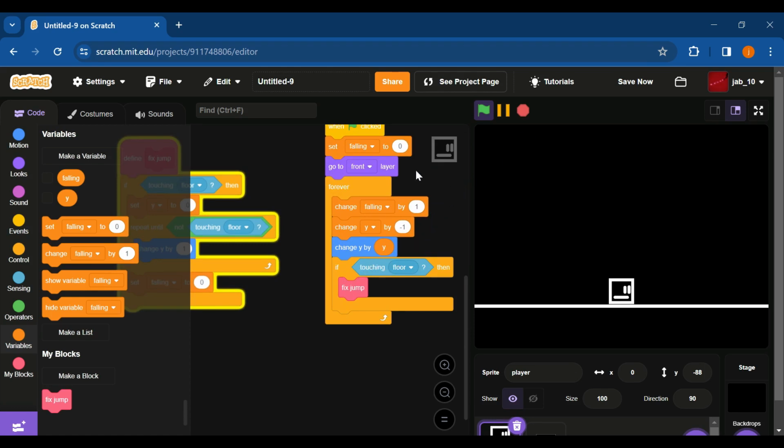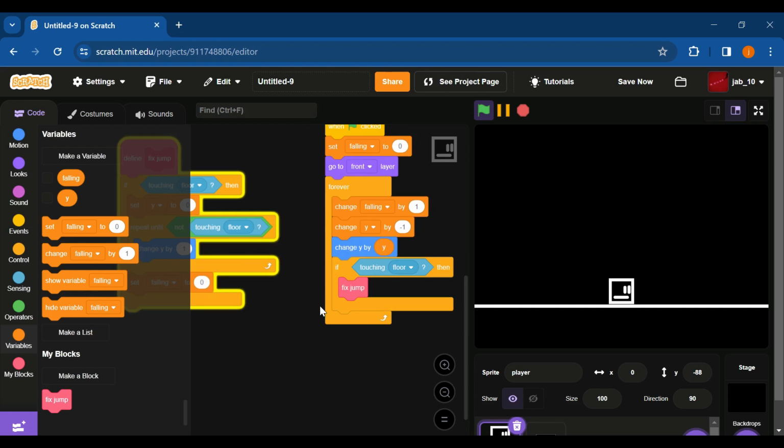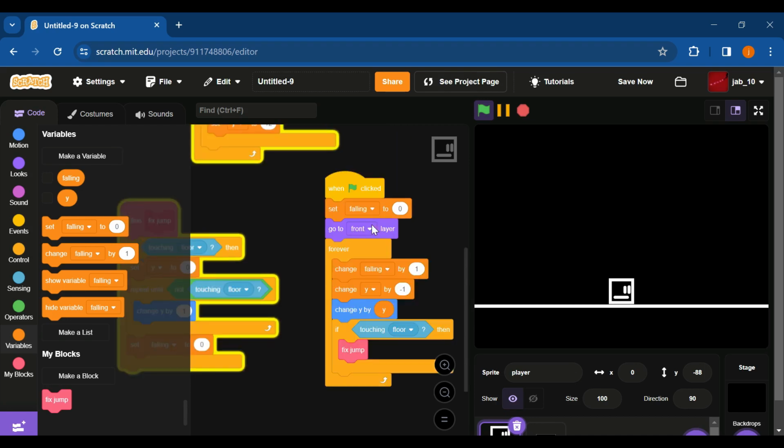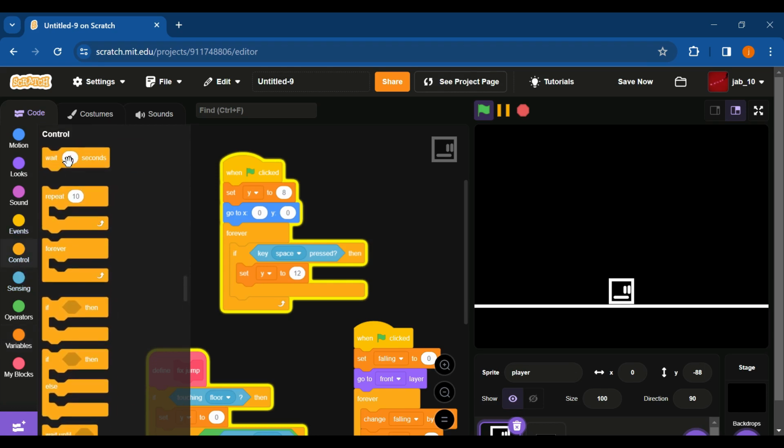The reason why is because every time Scratch loops through the code, the last thing that has happened is the player touching the floor. And so if it's after, then that will be the last thing showing. If you need more info, I'll talk about it later at the end of the video. Anyways, we are going to